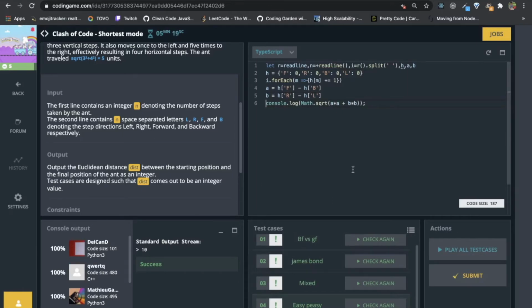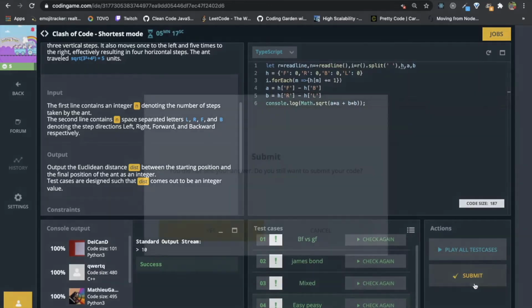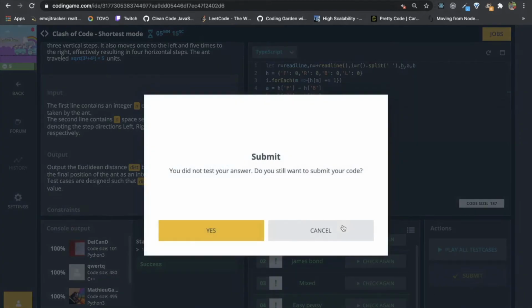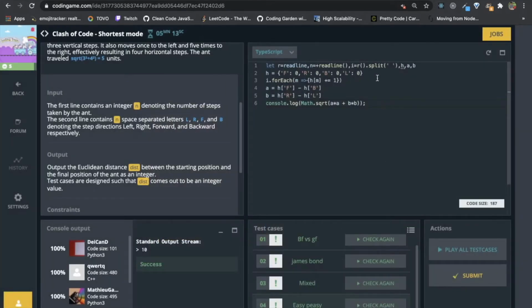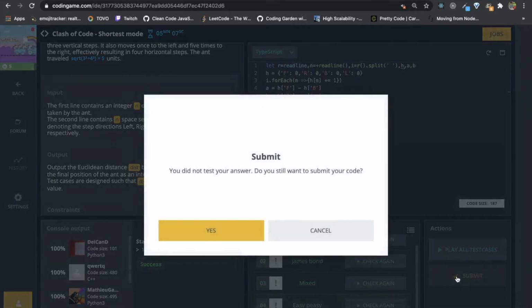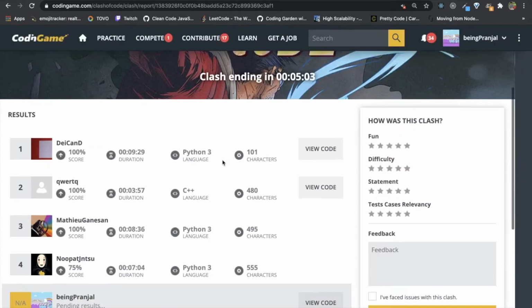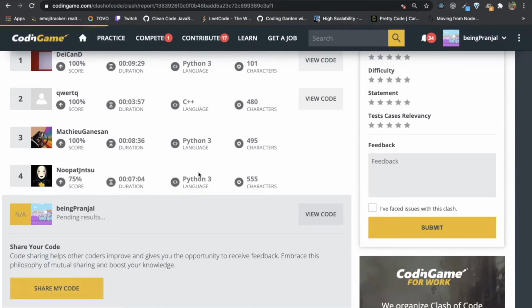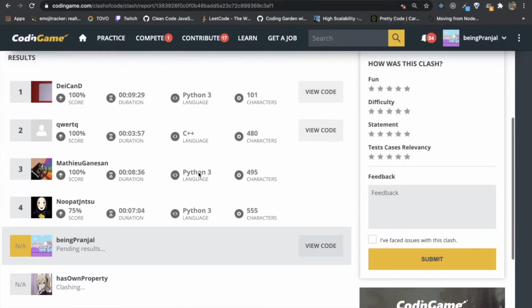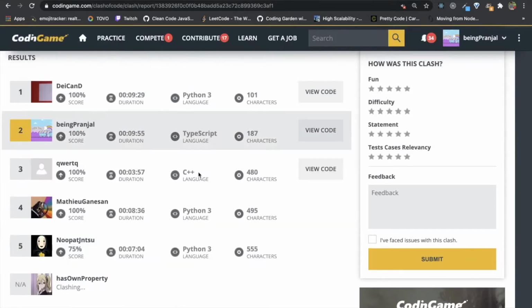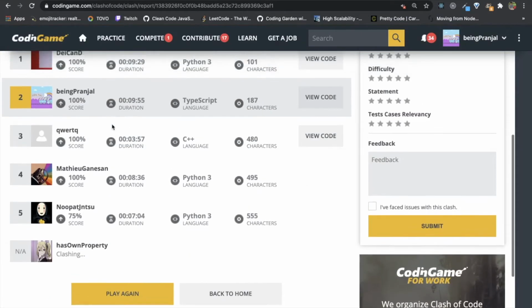So I guess we can submit this. I guess this is like a decent solution. We can shorten it more, but let's leave it. We can solve another problem. We have 5 minutes left, so we can look into another problem. Let's submit it and see where we get. Okay, so we got second place.